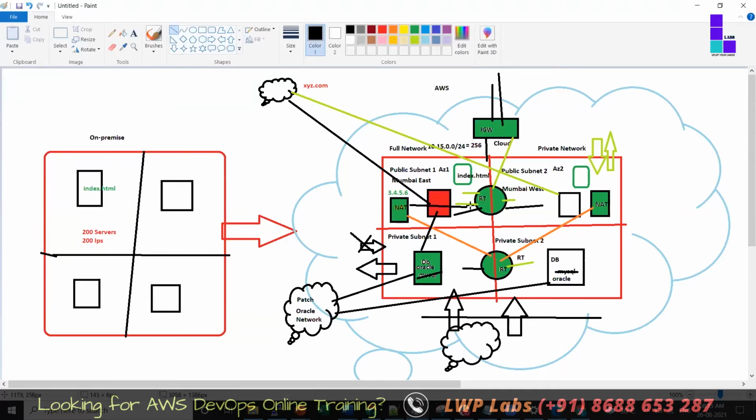Yes, so NAT is connected to the public route. That is okay, but how is it getting internet? Because NAT is connected to the private route table. NATing means NAT will do what? It is like a one-way flyover where only outbound traffic is allowed. We call it egress, and this is ingress. Ingress is not allowed; it will block it.